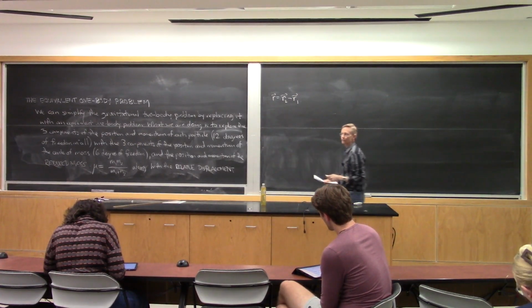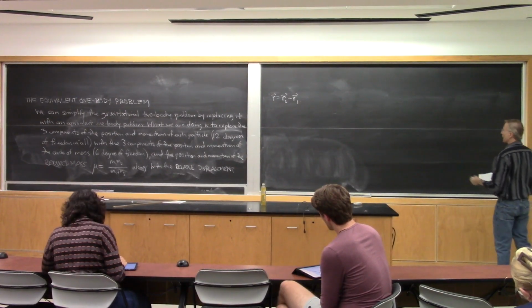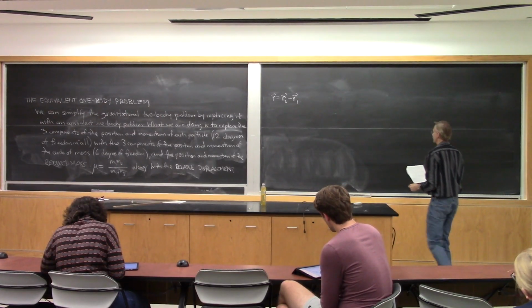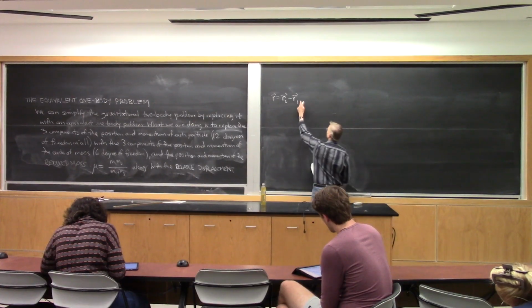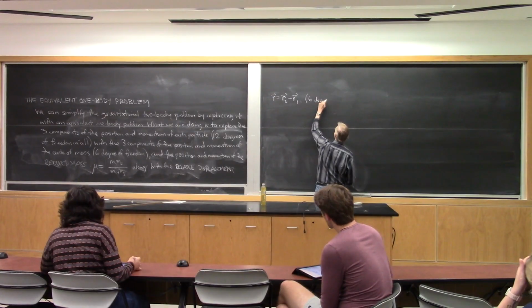Of course, it's arbitrary which particle we call 1, which particle we call 2. So that's up to us, and we could do everything in the opposite order if we wanted to. But we just have to make a choice and stick with it. So that's the other 6 degrees of freedom.